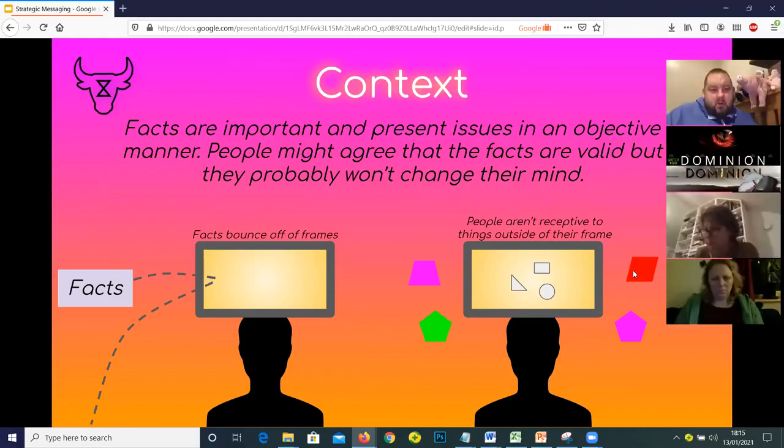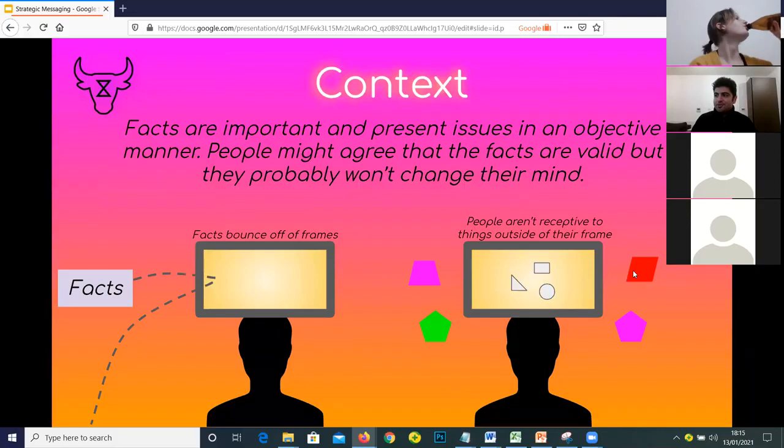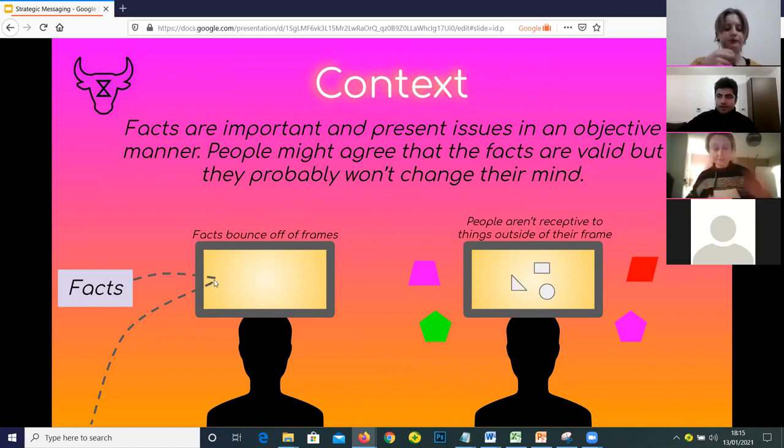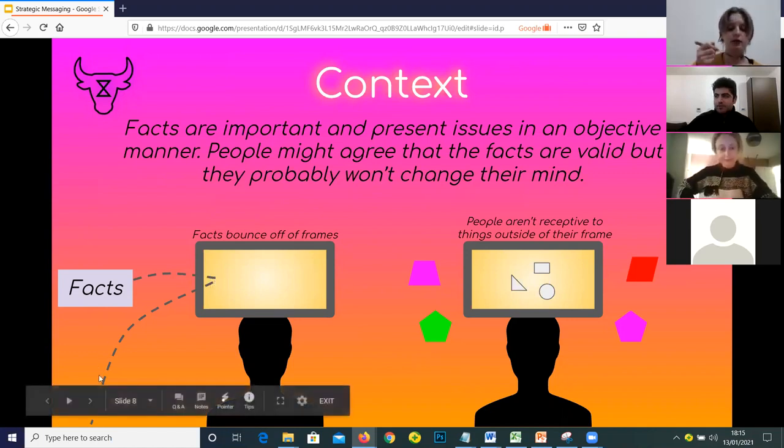It's like when you read a boring news headline, right? You might be flicking through the news, and you'll have this really fact-based headline, and at the time you'll acknowledge the fact, but it'll drown out the moment you stop looking at it. And this is where the saying comes from, that facts bounce off frames. So there's a fact, there it is, in the here and now, but then it bounces off, it's no longer there.